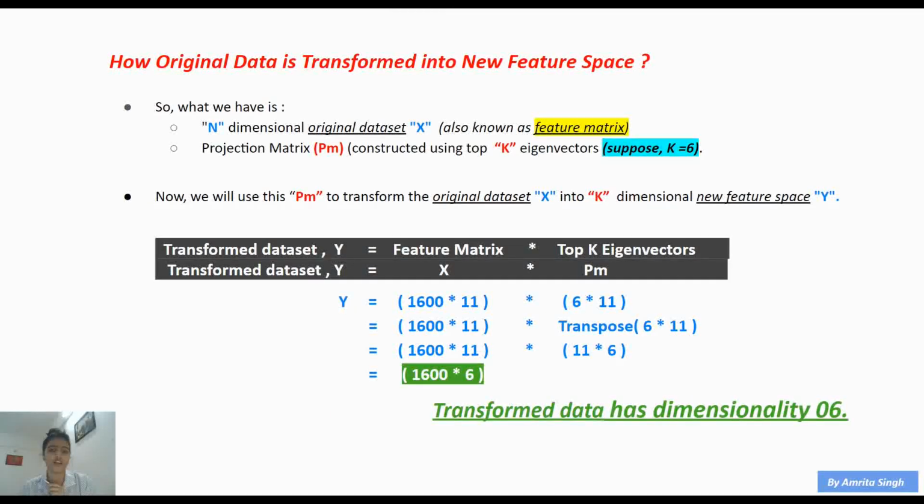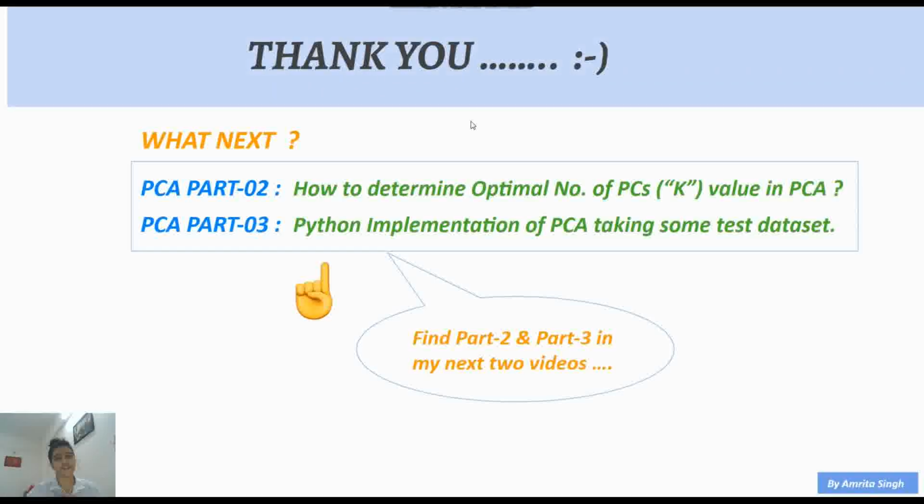Here at the bottom you can see I have tried to explain it by taking the dimensions of the data instance that I showed you earlier. I will take the same data instance while implementing PCA in Python. You can see how we ended up from 11 attributes to 6 best informative attributes. The transformed data now has dimensionality 6, before it was 11. Isn't it great?